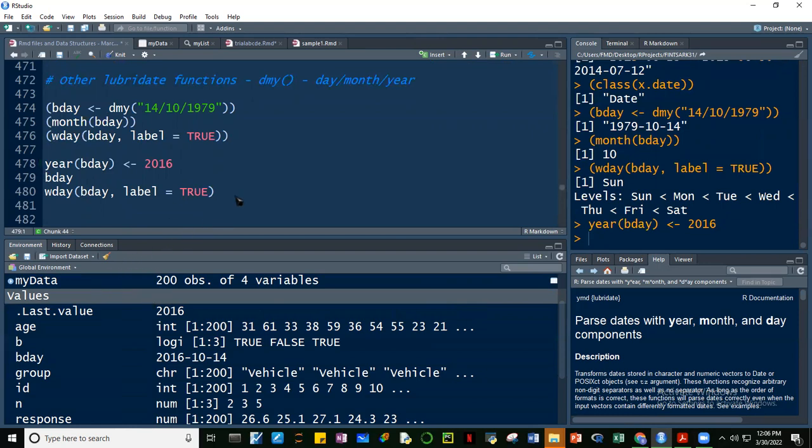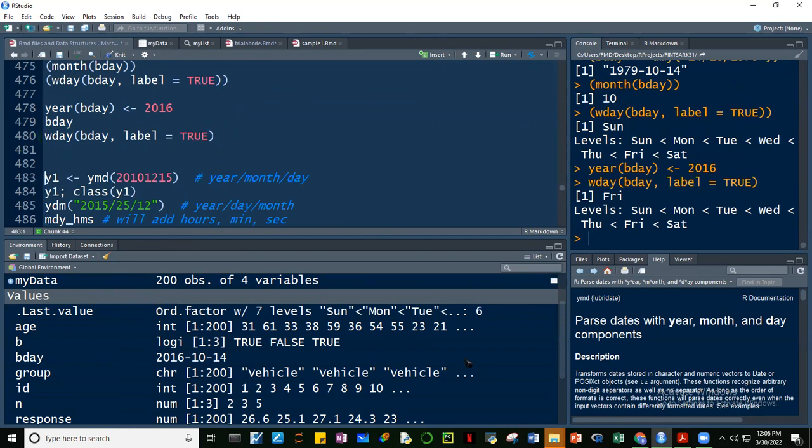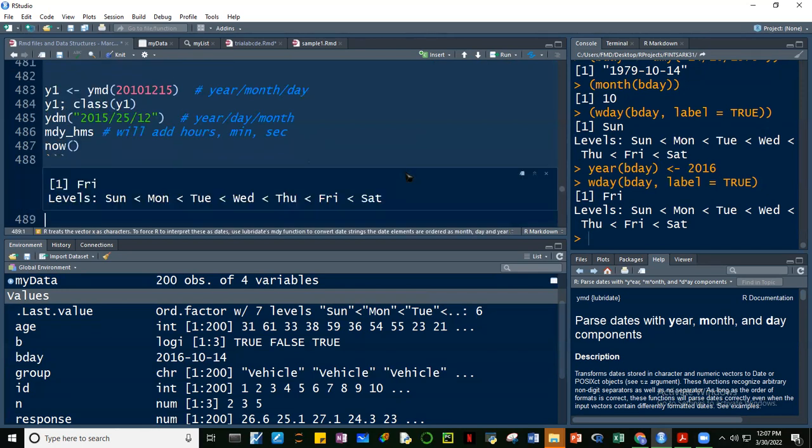Okay, so tingnan natin. Ang weekday ni birthday. Weekday ni birthday, a Friday na. Kanina Sunday. Ibig sabihin, magkaiba talaga. And some more